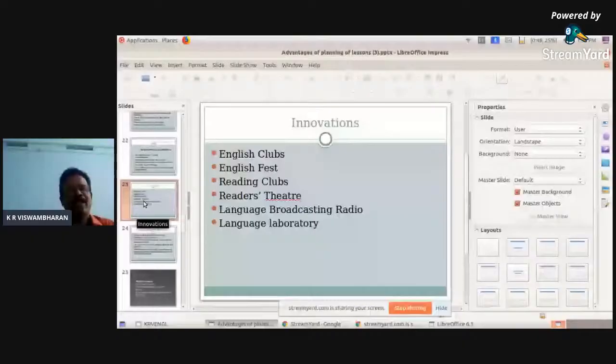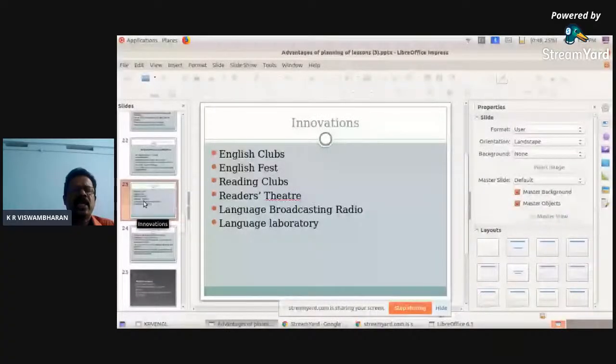They compare with their material or what the material has done and read it. And it is also an interesting activity. Another one, in this context, especially in the Corona COVID period, is language broadcasting radio. In many skills, creative discourses through broadcast. And certain teachers are also conducting radio broadcasting.